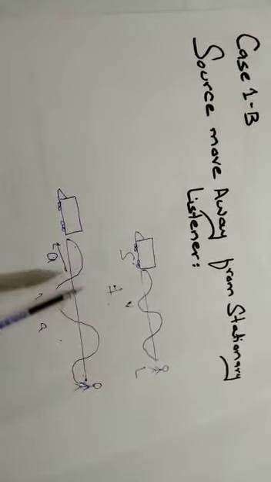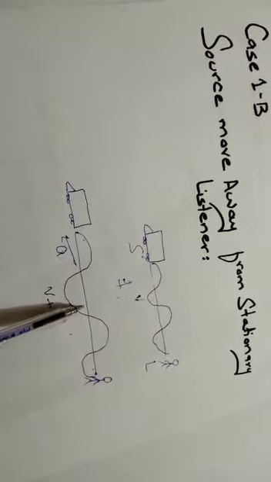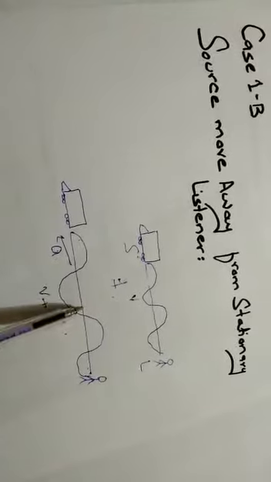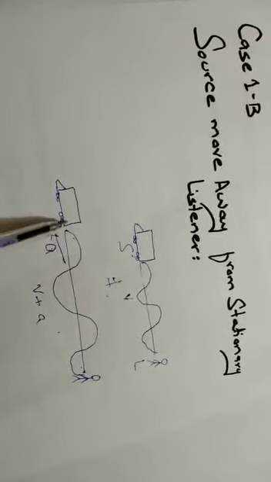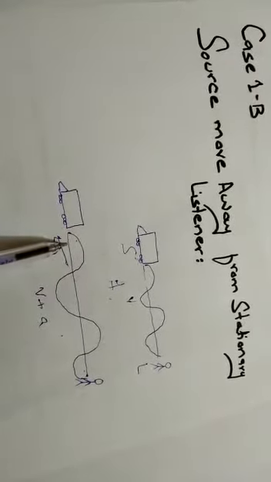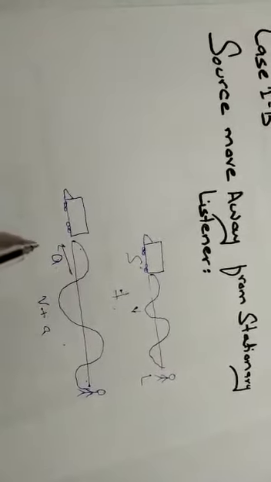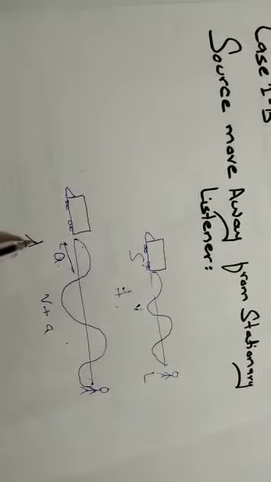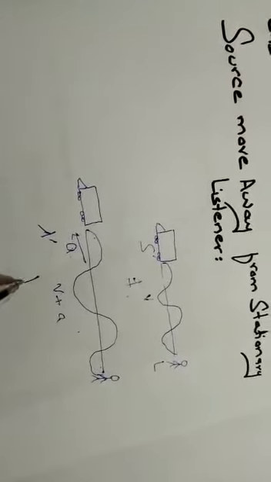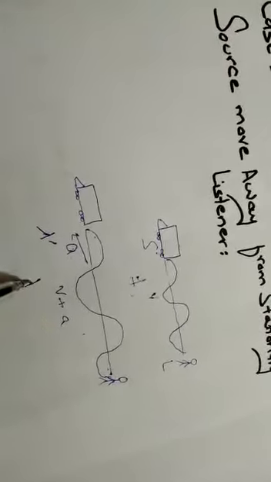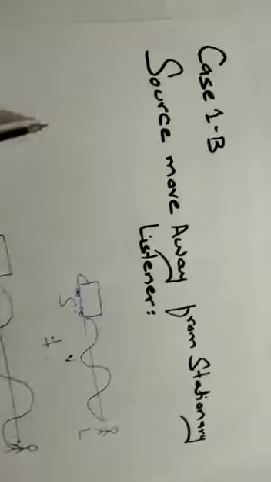You know that wavelength is the distance of one crest and one trough, or one compression and one rarefaction. So now the wavelength generated by the sounding source is contained in this distance, meaning there is an apparent change of the wavelength. We write the expression for the new wavelength. Again, this new wavelength is denoted by lambda prime, and we know that lambda is equal to v by f.